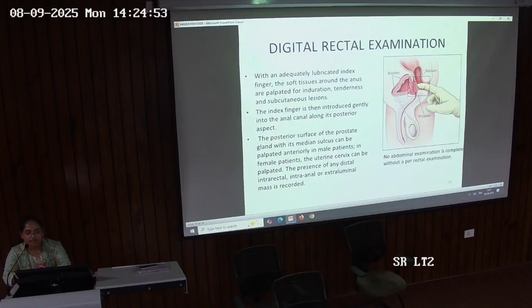So in a male, if there is enlargement of the prostate, then grading is done by index finger. If our index finger cannot protrude beyond 1 centimeter, that is grade 3. If it protrudes 1 to 2 centimeters, that is grade 2 prostate. And if it does not fully protrude into the anal canal, then it is grade 3.